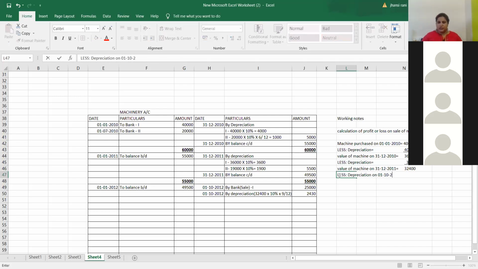So depreciation for 1st October 2012 is 2,430. So 32,400 minus 2,430 comes to